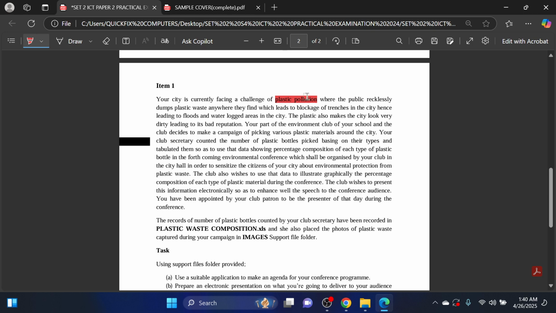So, the plastic also makes the city look very dirty, leading to its bad reputation. Now, you're part of the environment club of your school, and the club decided to make a campaign of picking various plastic materials around the city. Your club secretary counted the number of plastic bottles picked, basing on their types, and tabulated them so as